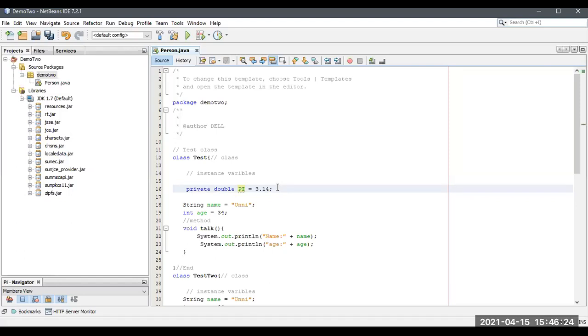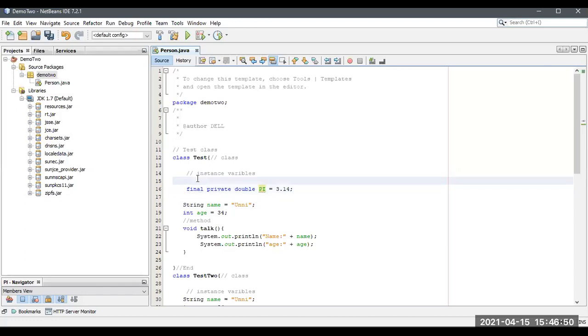We'll also take the final keyword. Final means I'm not going to change anything throughout the program, because we don't want to change pi, as it is a number already defined. So these are private values we can't change, and they should be final.